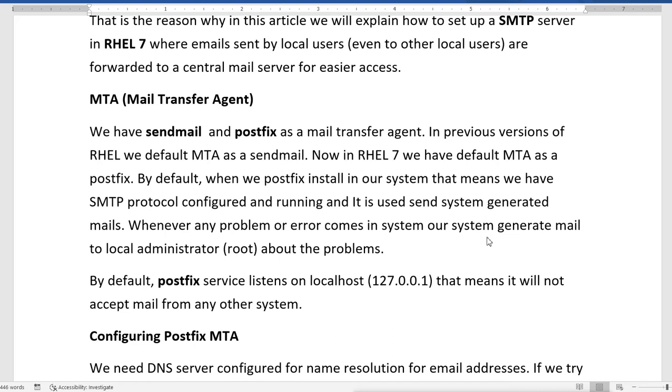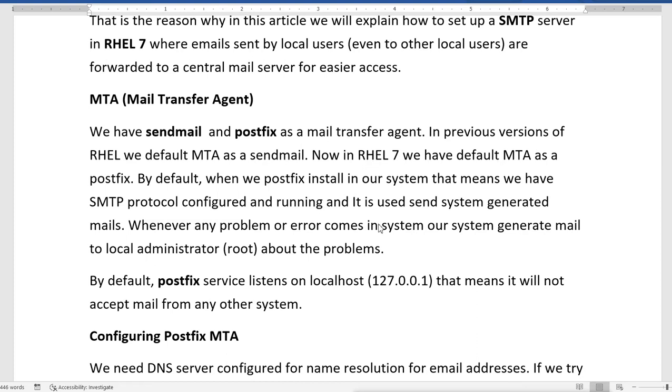Now if you have installed the graphical GUI version of the server, and you selected to install the mail services, then it installs Postfix in RHEL 7 at installation time. In previous versions of RHEL, selecting the email services at installation time used to install Sendmail, but Sendmail is not used now.